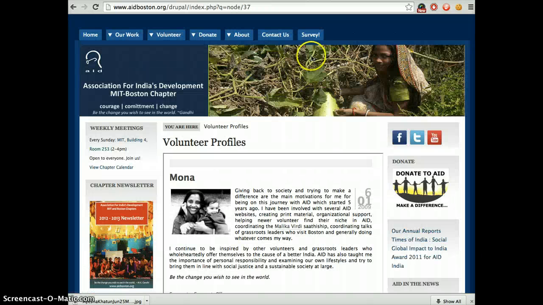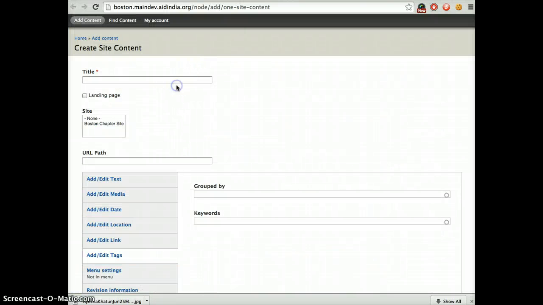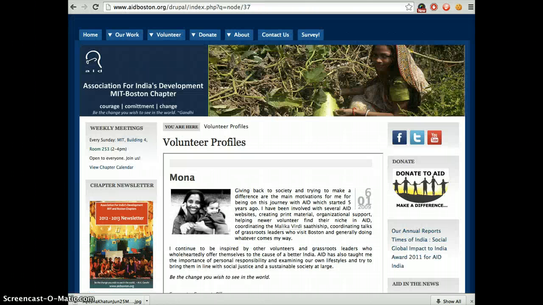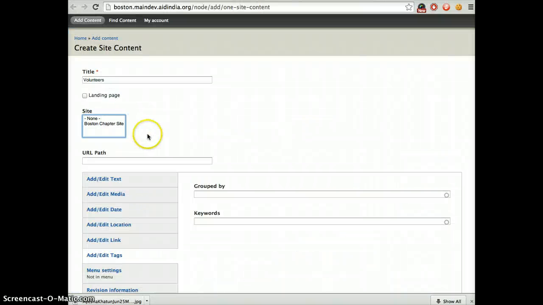So let's say we want to create a list of volunteer profiles for a non-profit organization. Let's first create a page which holds different volunteers. I will call it volunteers. It will be a landing page, so when a person clicks on volunteers, he would see the list of all volunteers of the organization. It belongs to the Boston chapter, and let's say I have a path volunteers